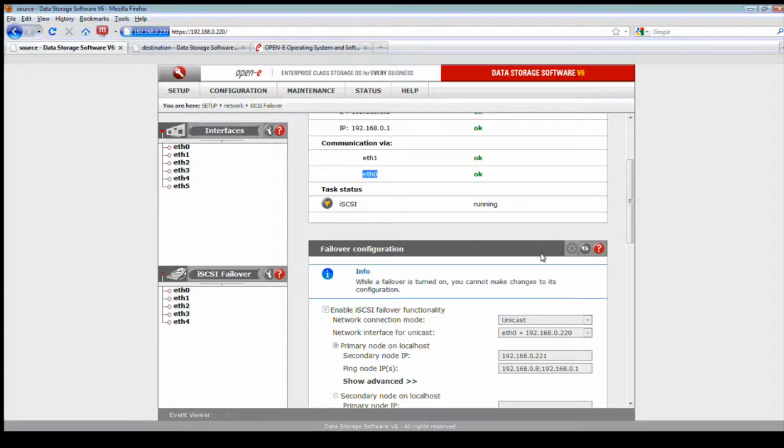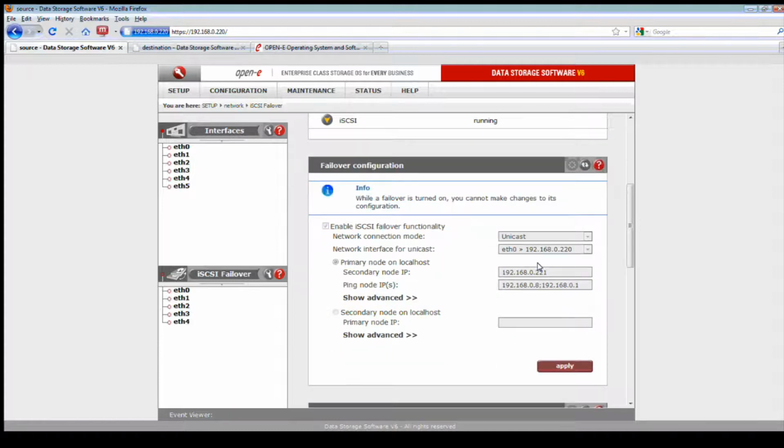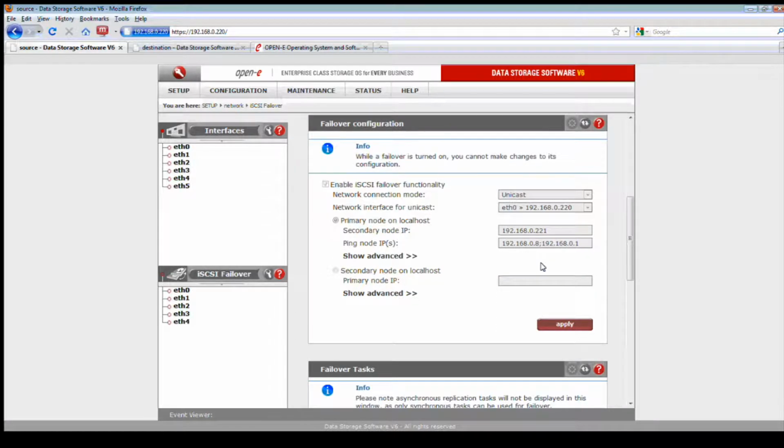Okay. Now here I've already got it where the service is running, the node status is primary, it's set for active, the ping node group is set for OK, and my communications between my NIC ports are used. Remember, ETH1 is my dedicated NIC for volume replication. ETH0 is going to be used for my virtual IP address and for my primary node IP address.